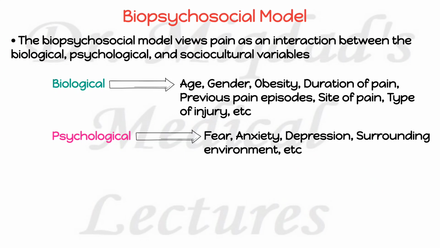Surrounding environment also affects pain perception in a similar manner. Imagine a soldier in a battlefield who gets very severe bullet injuries or may have lost his hand. He will not feel pain as long as he is busy in battle and feels that pain as soon as he returns to the camp. Another example is a small child playing with his friends who accidentally falls down and starts crying if he sees that his parents are watching him. Whereas if he doesn't find anyone watching him, he will get up and start playing with his friends again as if nothing has happened.